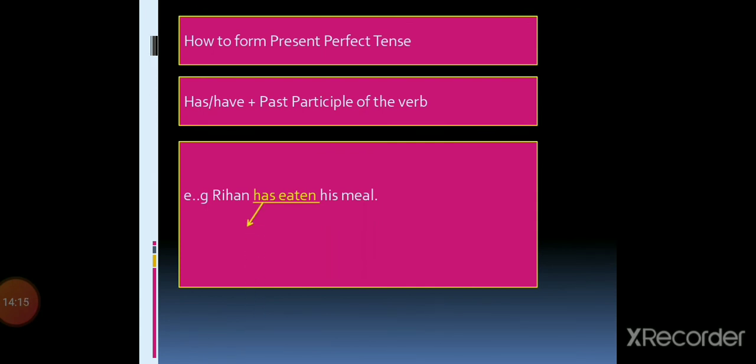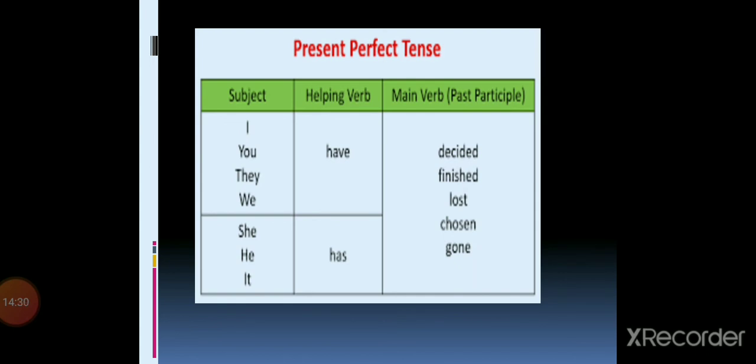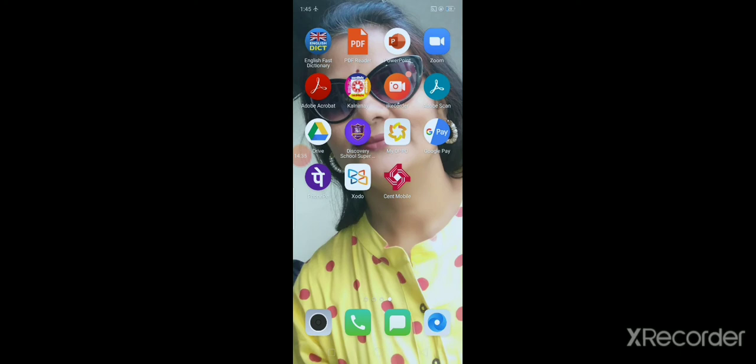So has is the helping verb, and eaten is the past participle form of the verb. So we have to use the helping verb and the past participle. Now this is the table. This table you also have to write in your